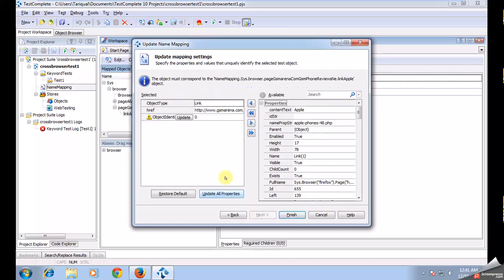Next, I have to press next. Here I have to update the object identification, and this is very important. Unless you do it, you will not get the updated value. So to do this, I have to update, and the object identifier has been changed from 0 to 1. Basically I have remapped the name mapping object with Firefox. Now if I press finish,